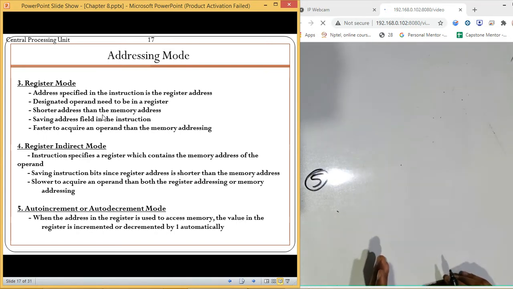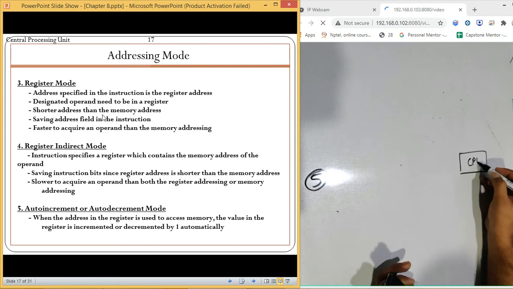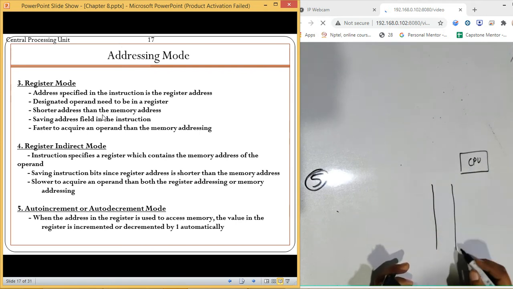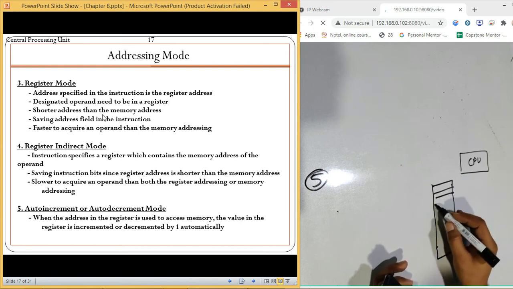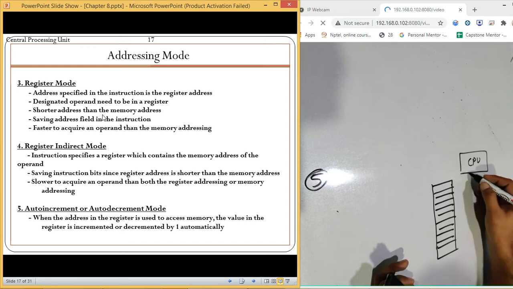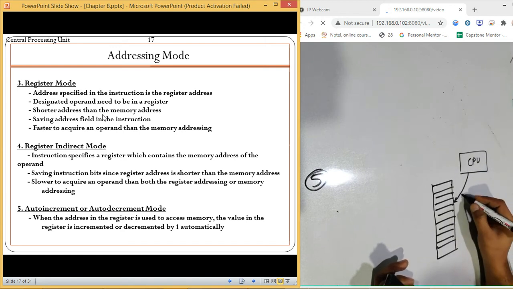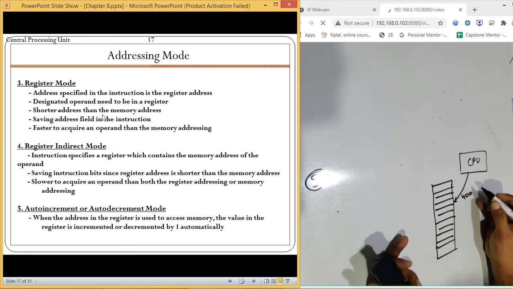So what will happen? This is a CPU. To this CPU we have registers. There are a number of registers which we have. Assume that the address which we have given to the CPU is 400. If it is auto increment, then what will happen?